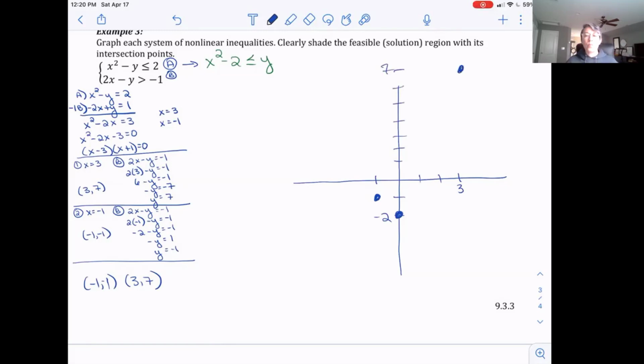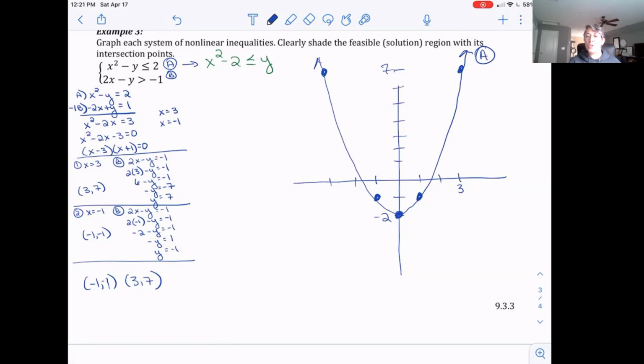So I know that those points are on my quadratic as well. Got the vertex, and remember it's symmetrical. So I know if I'm at -1, over here I'm going to be at 1. If I'm at 7 at 3, I'm also going to be 7 at -3. And it has the less than or equal to, so that tells me I'm going to draw the solid parabola